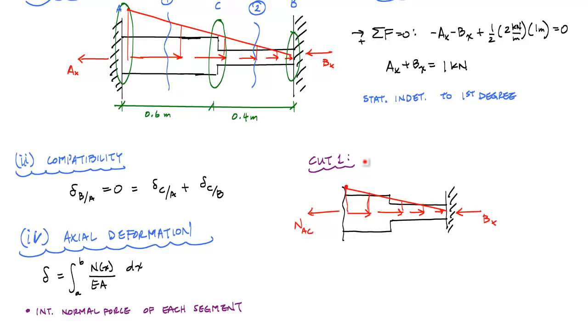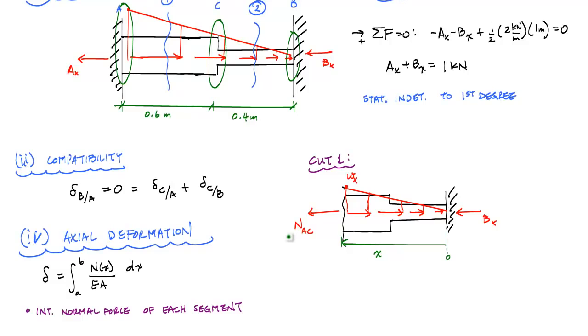And this is some intensity of the distributed load. I'll call that Wx at some location of this cut. And I'm going to choose my origin to describe this cut location as 0 here. And I'm going to say that x goes in this direction here. Now to find the internal normal force, in order for me to do that, I'm going to apply equilibrium,